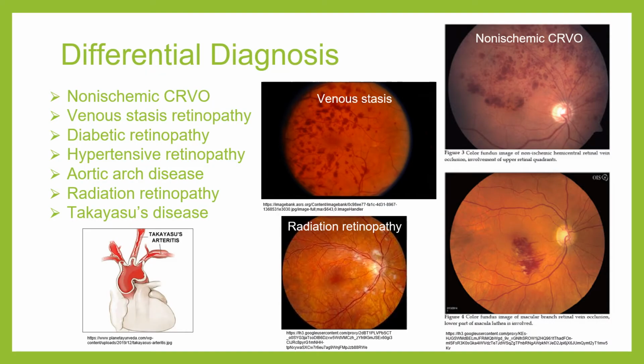The differential diagnosis for this disease includes the following list. Most of them involve the vasculature and problems with the retina. And Takayasu's disease is a vasculitis that can cause amaurosis fugax, decreased pulse in one of the arms, and asymmetric features such as